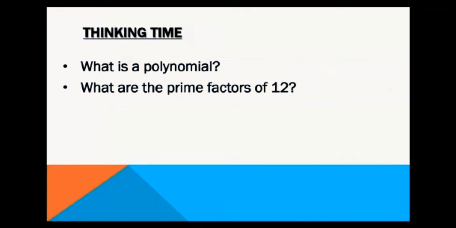Yes, it is easy, you have done. Before this, prime numbers are 2, 3, 5, 7. So the factors of 12 will be 2, 3 and 2, and these are the prime factors. Basically, you will be finding such numbers which will divide 12 exactly. So these are the prime factors of 12.